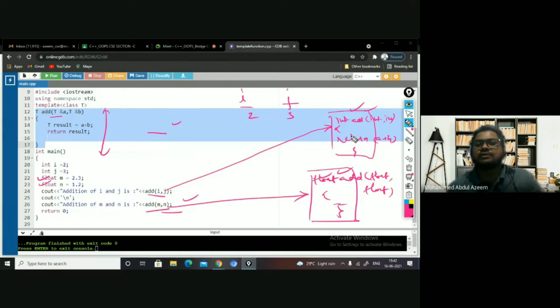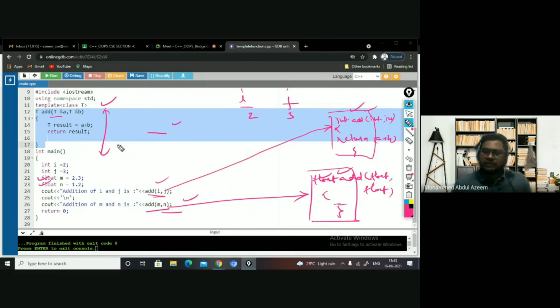Instead of writing it two times, when the operation is the same and only the data types are changed, I'm writing it as a function template, so that at the time of implementation, based on the data type, the system automatically takes care of generating the versions for the respective data type, and then implements them in a very similar fashion as when we write them separately. So that is the advantage.